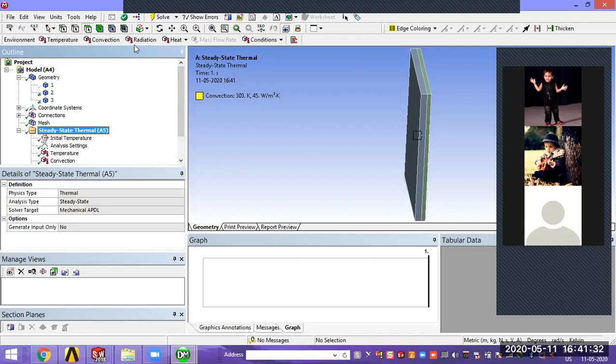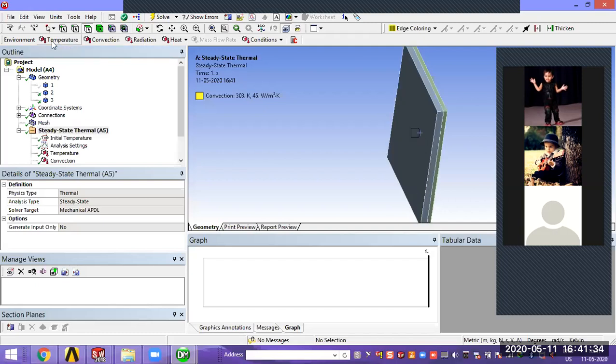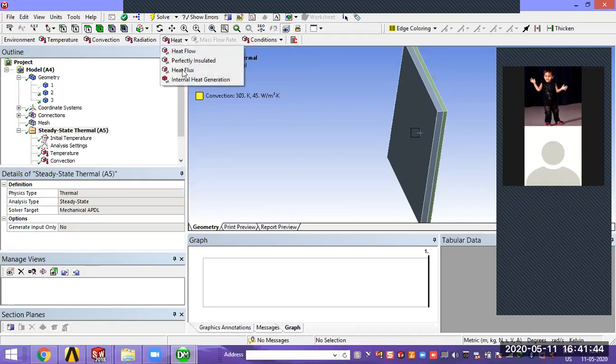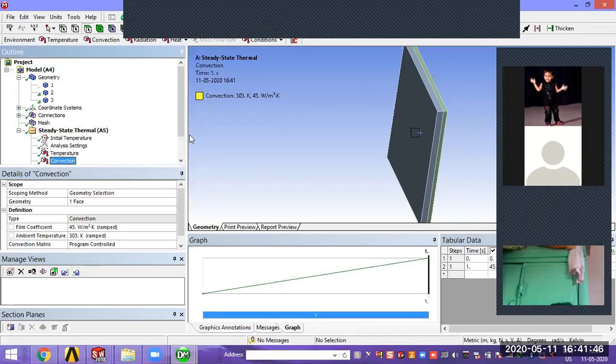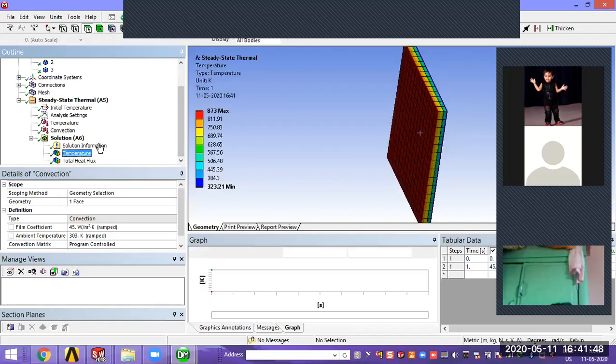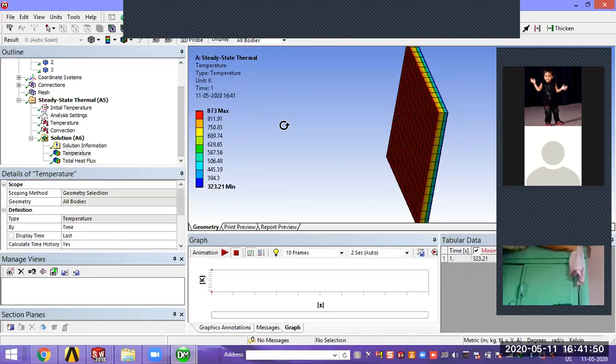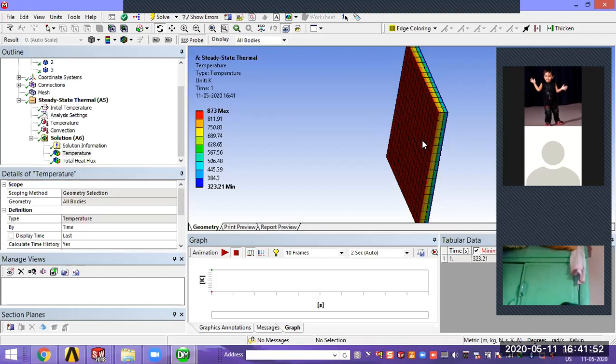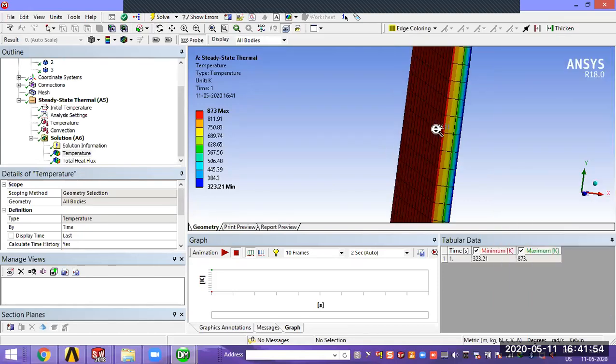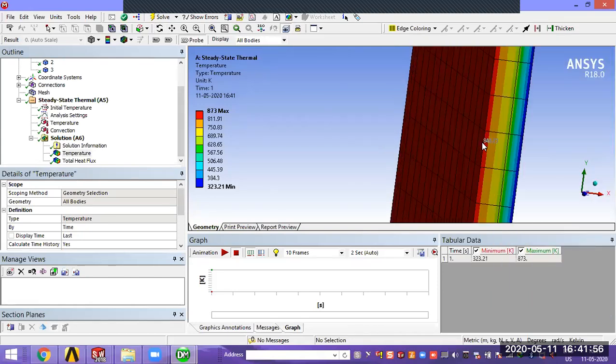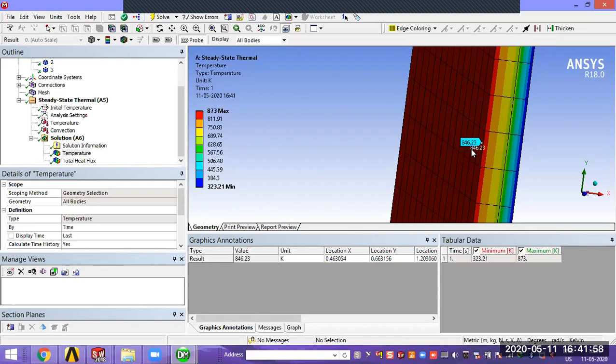Why is it not getting the temperature on the probe? Label origin. Suppose you want to see the temperature. Now select the probe and select the innermost layer. 846. Now check the answers.